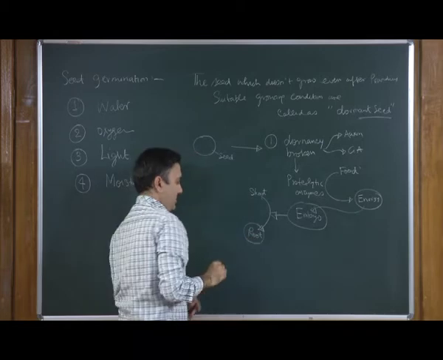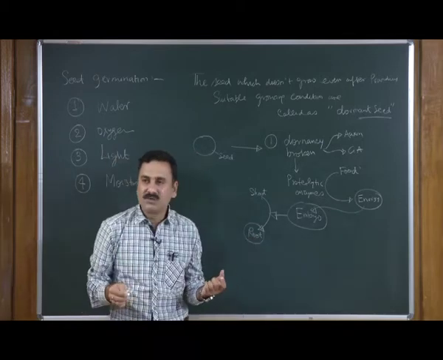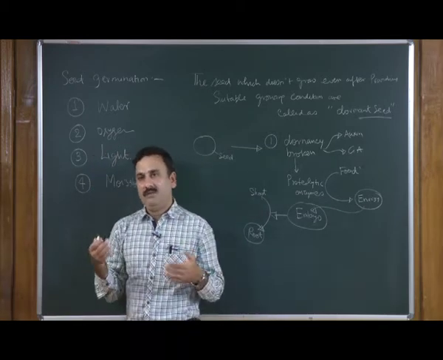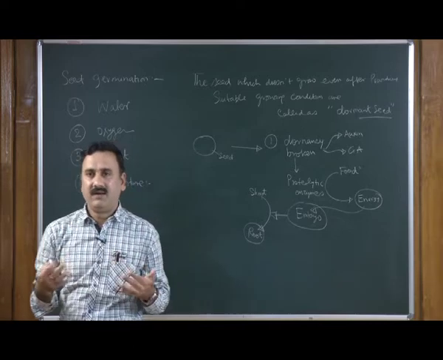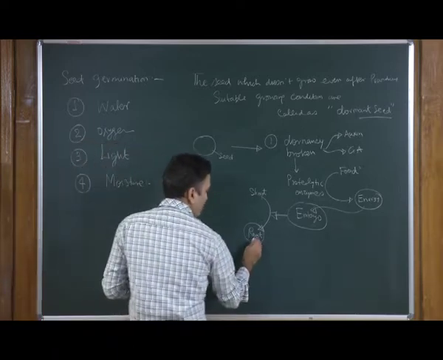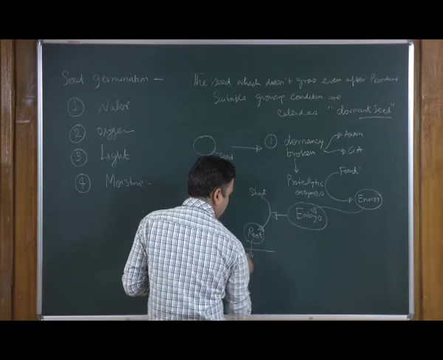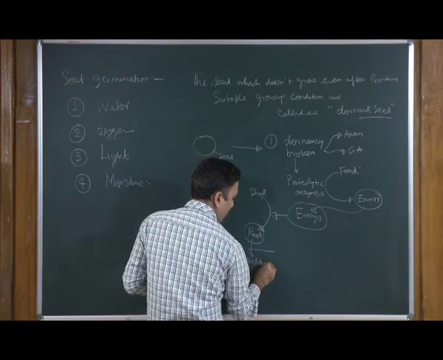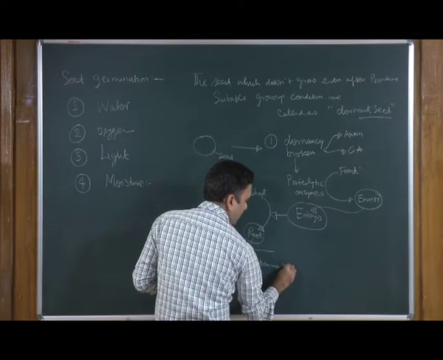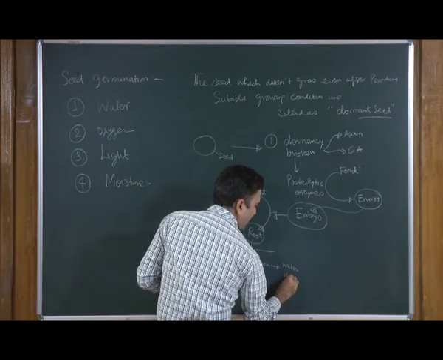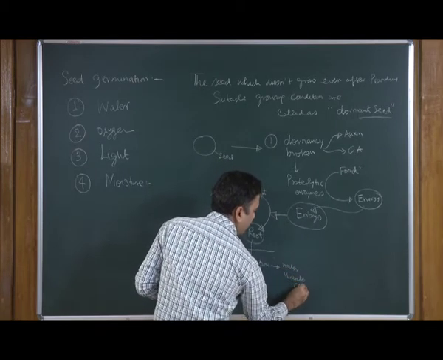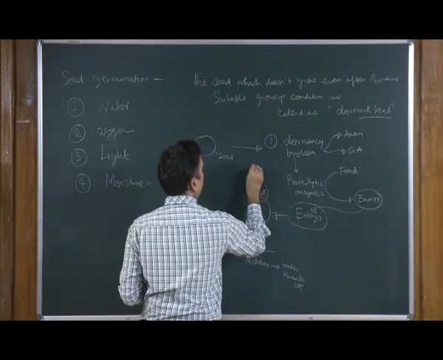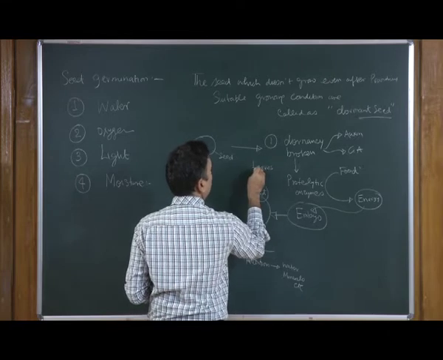Initially it will form the primary roots, and then the primary roots will develop into secondary roots, and then it will have well developed roots, and the roots will go into the soil and start sucking nutrition, such as water and minerals. Whereas the shoot will start growing and developing the leaves.